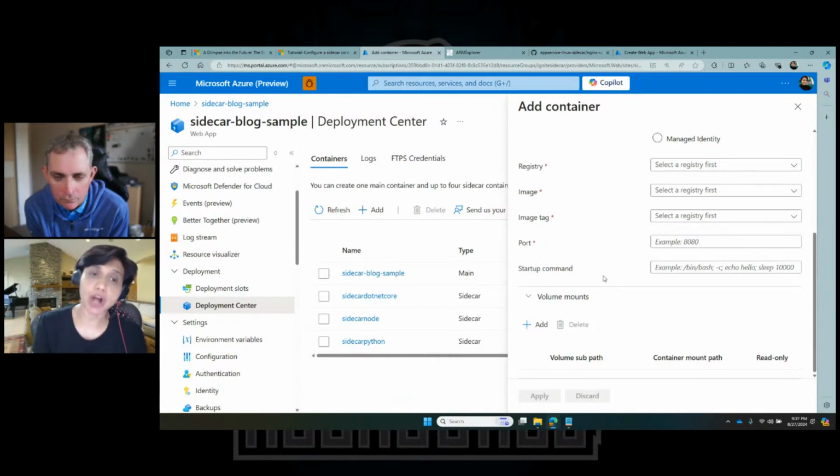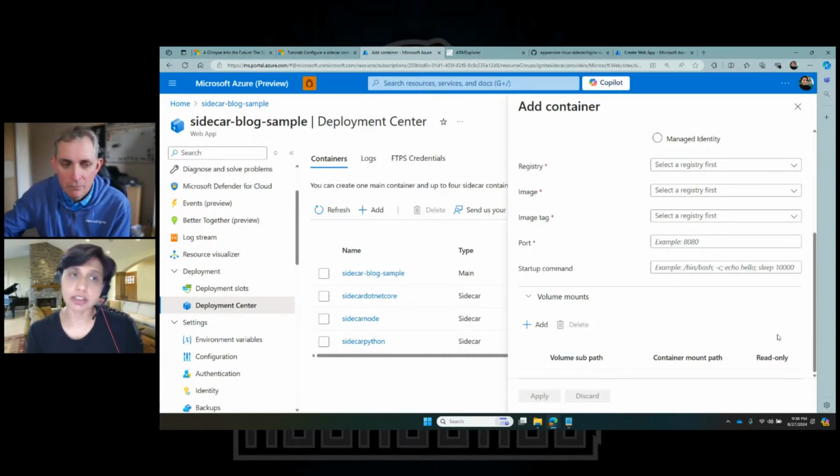So, when you start a container, you might want to run certain things like populate a database, or maybe start up the web server within the container. That could all be there in the startup command. And you can even specify volume mounts. Now, by default, all your sidecars will have the /home volume mount, which is available by default, but you can have additional volume mounts. So for example, if you have a sidecar which does logging, maybe your volume mount is /logs, so that the main container can write the logs in the logs volume mount, while your sidecar can read the logs from there.